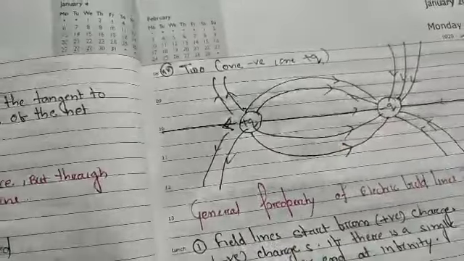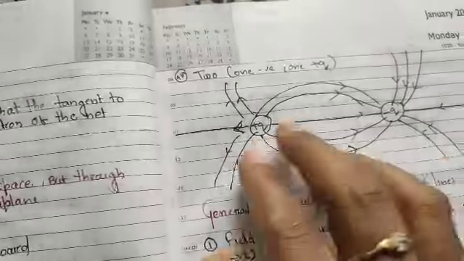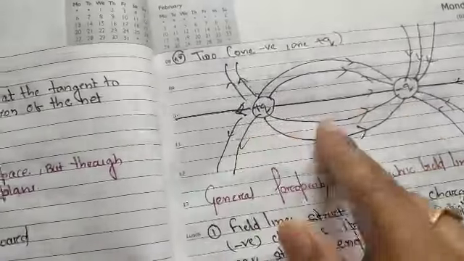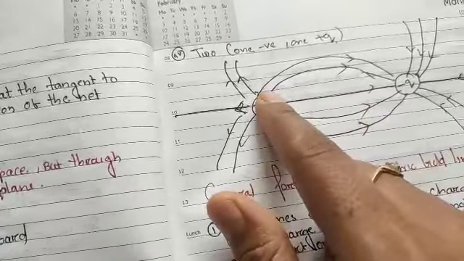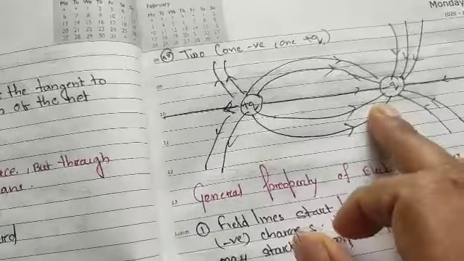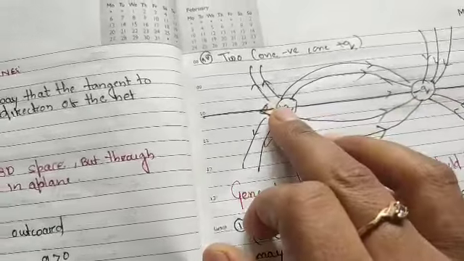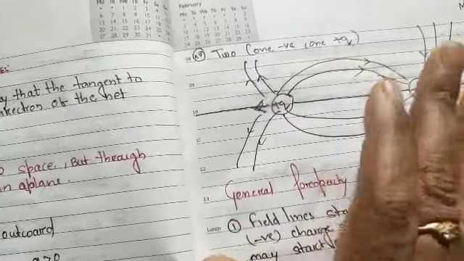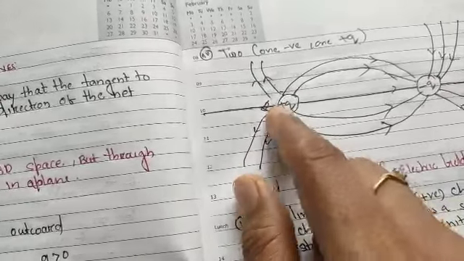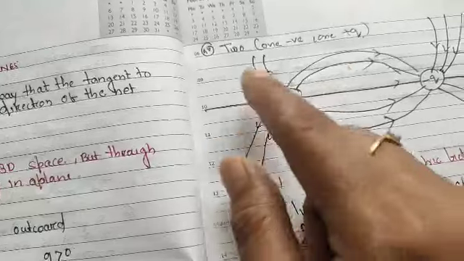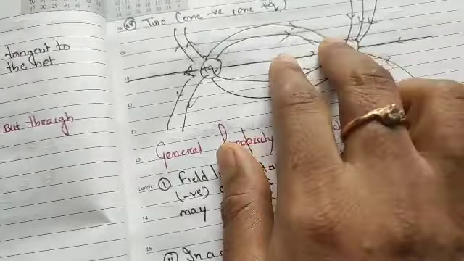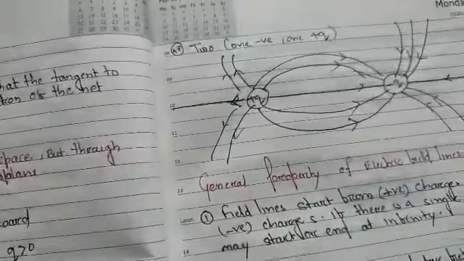So this looks something like a dipole. Understood? What is a dipole? A pair of charges, same in magnitude and separated by some distance. Okay, but here you see one positive charge is there, another is a negative charge. So for the positive charge, you know the value should be positive, and for the negative charge it is negative. So for the positive charge, it starts from positive and ends towards negative. But maximum students make a mistake at this position. Here you have to remember that if it is a positive charge, the arrow should be in the outward direction. See, the arrow is in the outward direction, but here you see the arrow is in the inward direction. So this thing you have to remember.